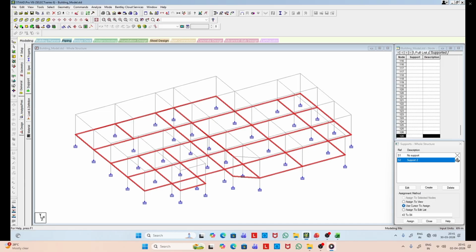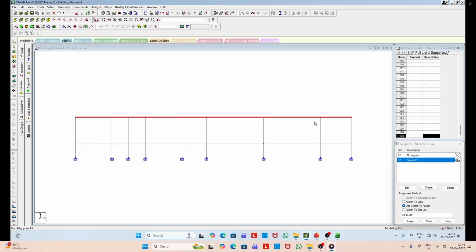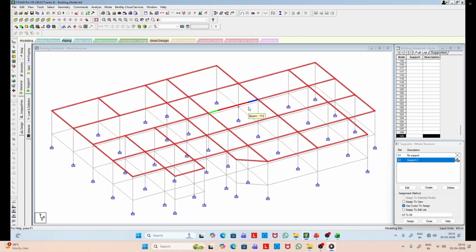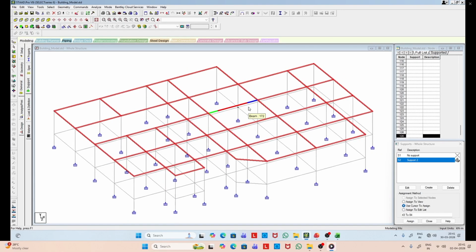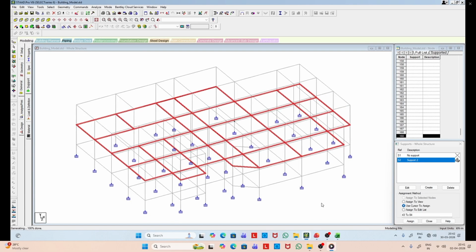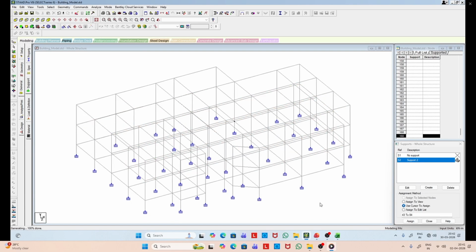It is a 2-storied building, so we'll copy it once more in the positive y direction, and the story height is 4 meter. With links, otherwise it will only copy the beam. So with the column, it is going to copy. It actually extrudes. So now we have the complete frame structure ready.